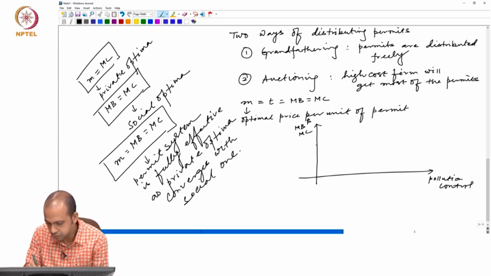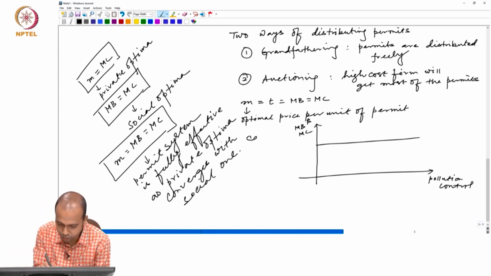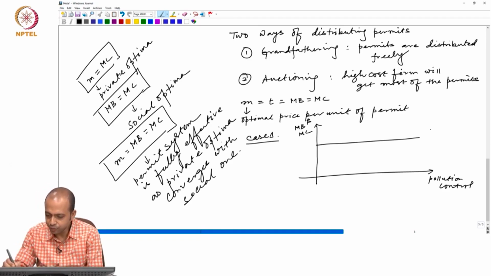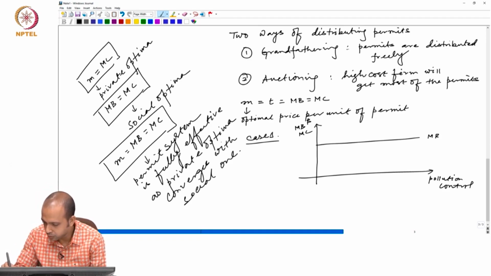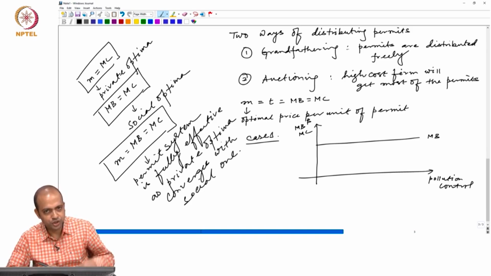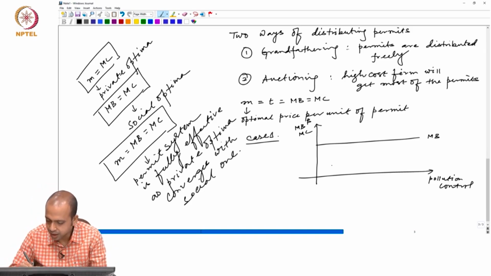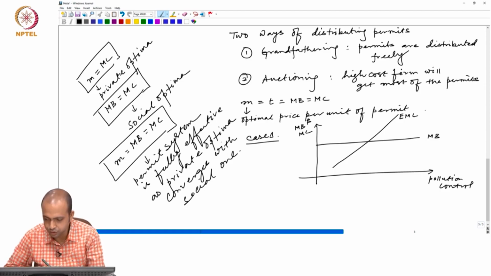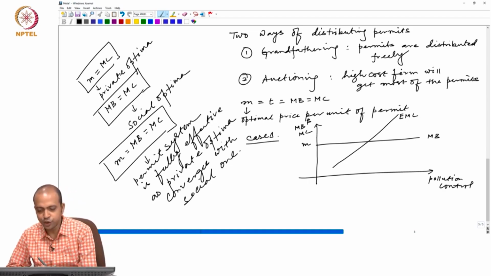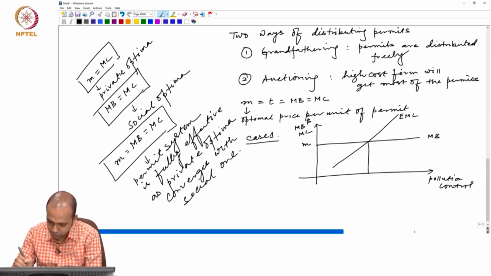So, the first case, case 1. In this case, the policymaker is certain about the benefit. The policymaker is certain about the marginal benefit, which is again the flat straight line, and uncertain about the marginal cost. As a result, this is the expected marginal cost, and this is actually M, the permit price,